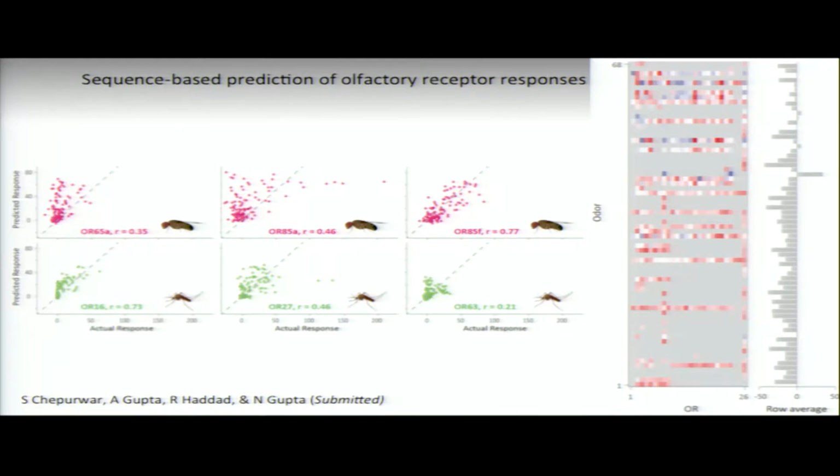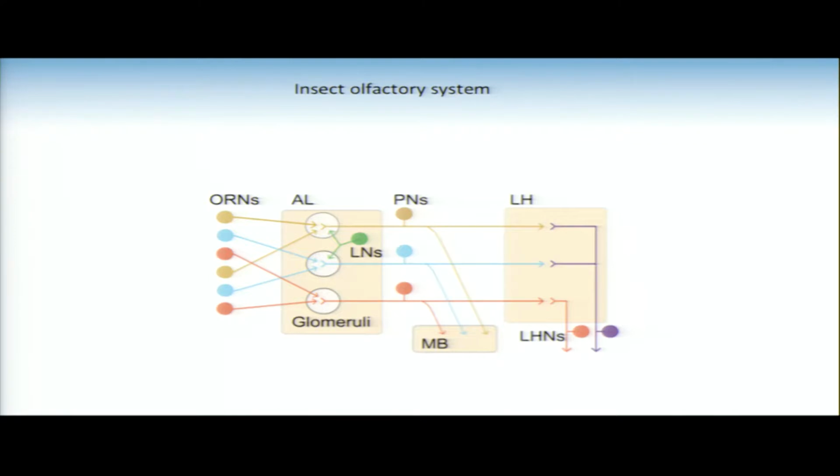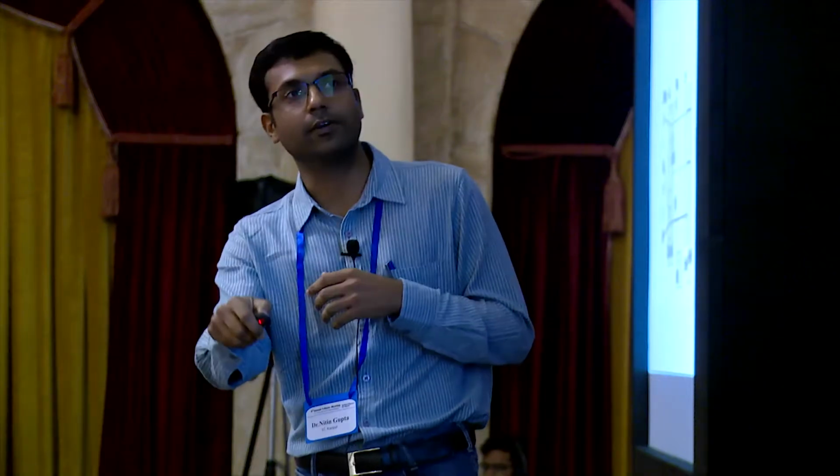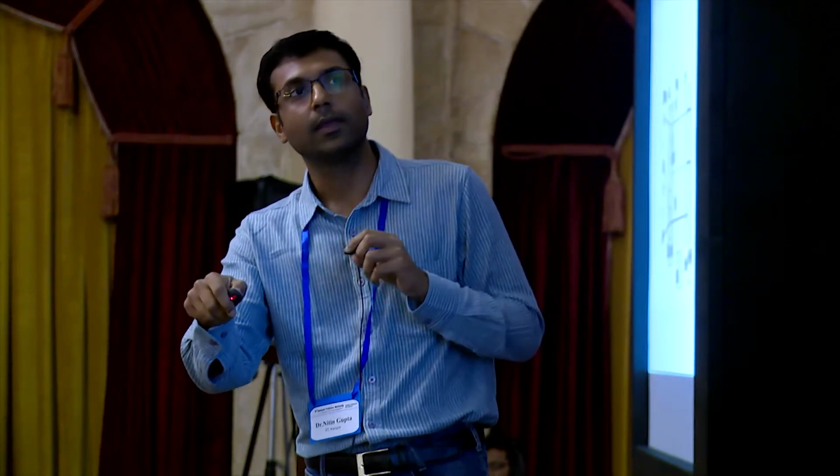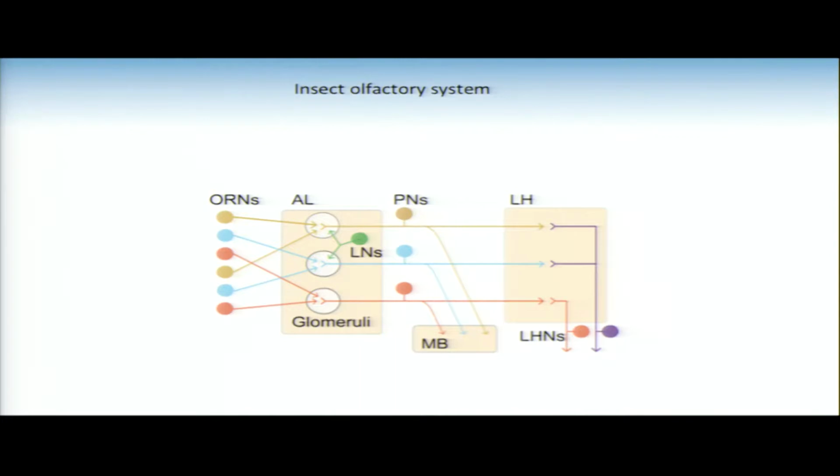Now, the receptor neurons send this information to an area of the brain called the antennal lobe. Within the antennal lobe, the receptors of the same type converge into regions called glomeruli. Each one is called one glomerulus. Within the antennal lobe, there are two types of neurons: local neurons and projection neurons. Local neurons are local in the antennal lobe, and projection neurons carry information to higher brain areas. We want to understand how attractive and repulsive odors are represented in the antennal lobe and higher areas, to basically understand the separation between attractive and repulsive odors.